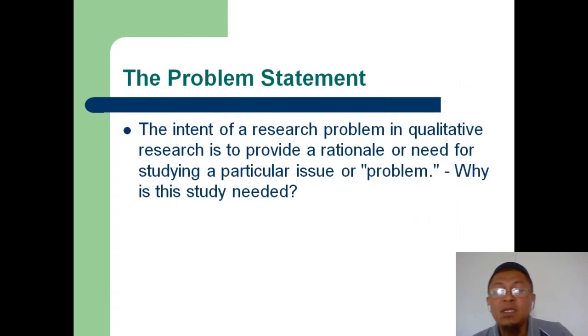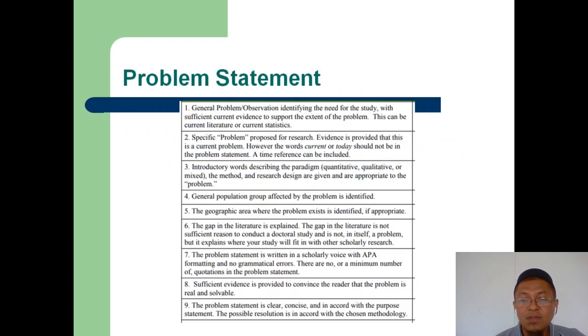The problem statement will be the intent of a research problem in qualitative research. Basically, this is about why you want to do the study. You describe the reason why you want to embark on this study. So the problem statement can be written following these nine elements. First, you provide the general problem, and then you narrow down into the specific problem. You move on by providing the introductory words